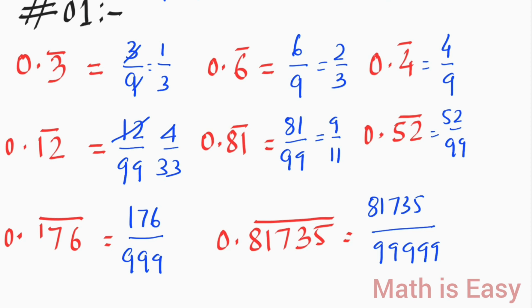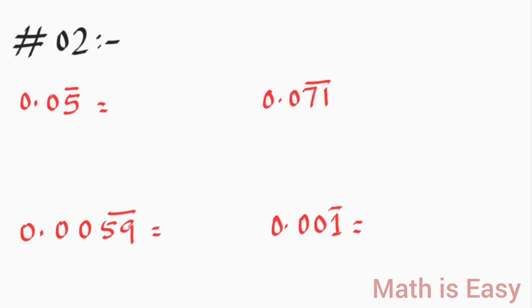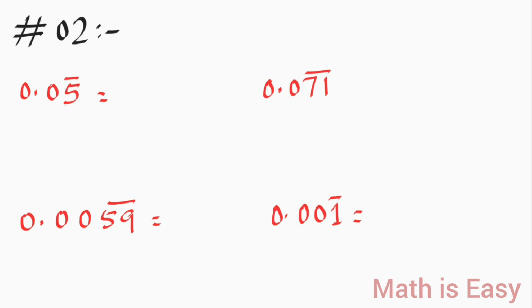And keep in mind, all these numbers have the same quality: the repeating digit starts right after the decimal point. But when the repeating digit is not starting right after the decimal point, but we have zeros in between, we can have 1 zero or 2 zeros or 3 zeros. So how to convert? As we did in the previous one, we write the number in the numerator and 9 in the denominator. Okay, why 1 nine? Because only one digit is repeating. But here you can see that between the decimal point and 5 there is 1 zero.